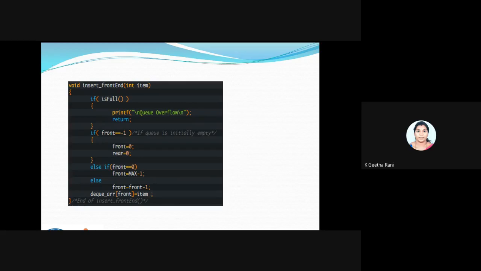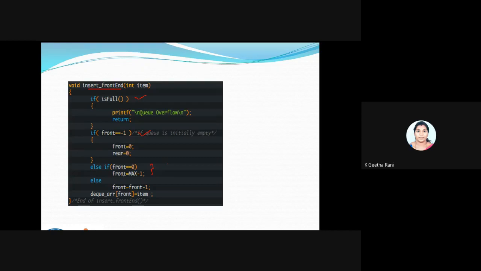Next one is inserting at the front end. Again I'll be checking for the overflow condition. If the first element is going to be inserted, that is the condition, and the operation for it is just to change the front and rear to 0. That is more than enough. And then if my front is equal to 0, how do I insert the values?